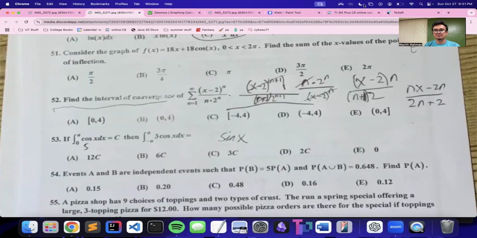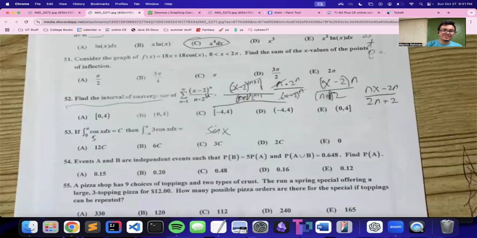So 52 should be A. I've been looking at the answers recently, but I'm probably right. Okay,